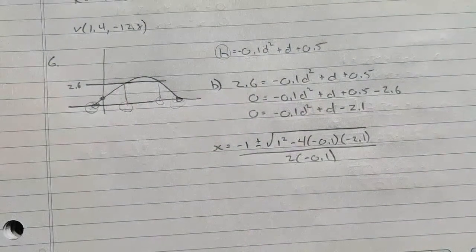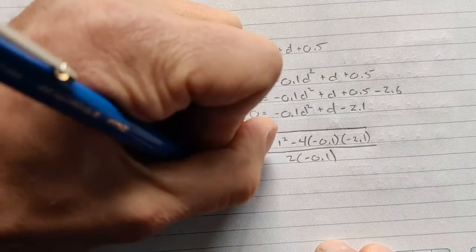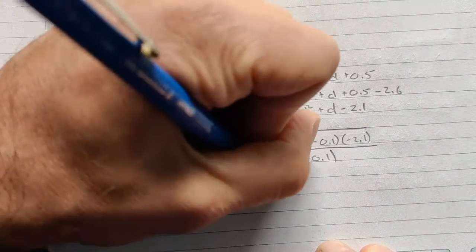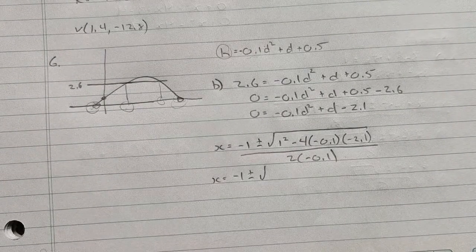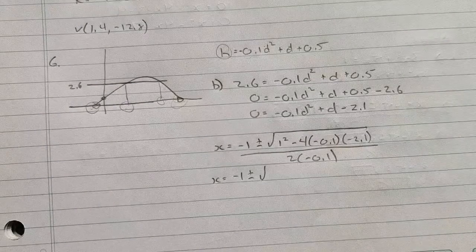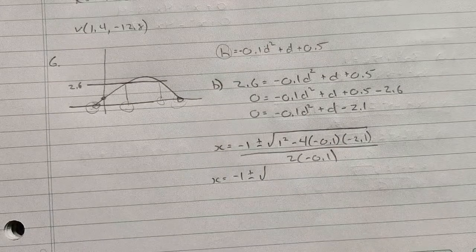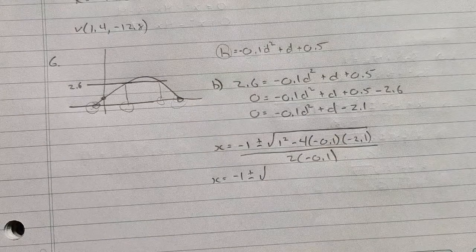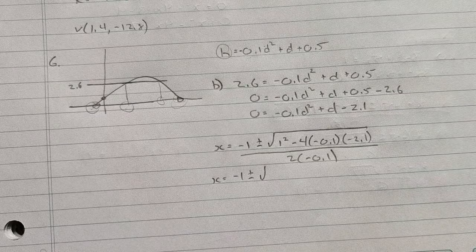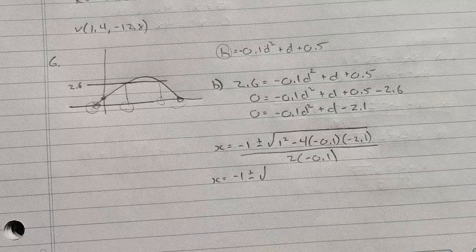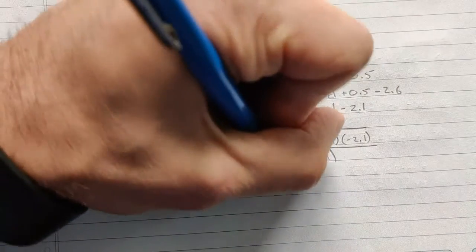So we have everything, and then again to do this, we just simplify what's under the root, under the radical there. So we have 1 squared minus 4 times negative 0.1 times negative 2.1, and we get 0.16